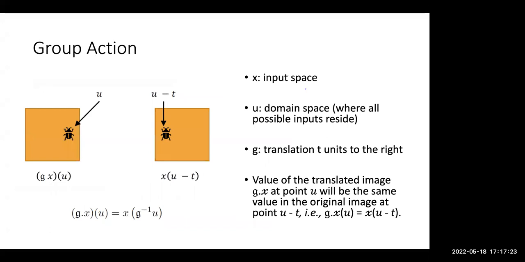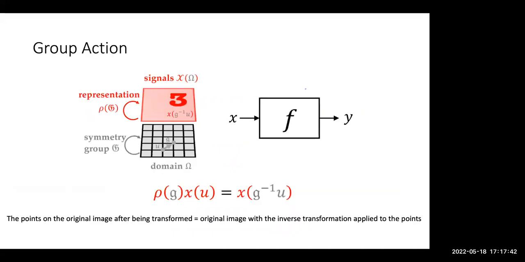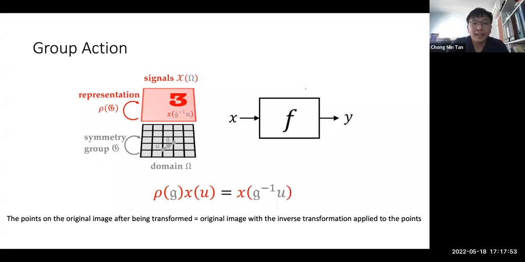What is input space and domain space? I get that G, which is the operation, could be a translation of T units to the right. Why am I introducing input and domain? Up to this point, we don't have that concept, and suddenly it's there. Why? I mean, you have input. I have an image. I can apply a transformation on it. I understand what you mean, and I agree that actually the domain is not very essential to understand